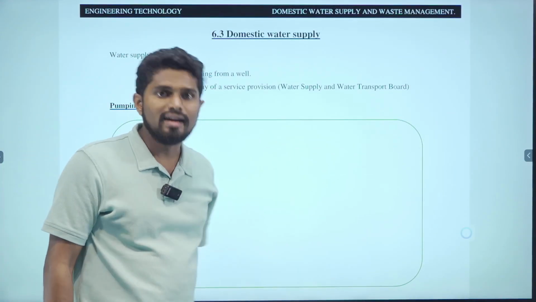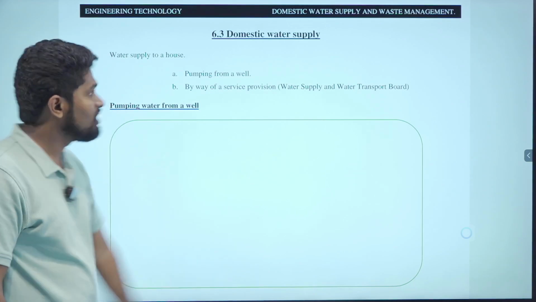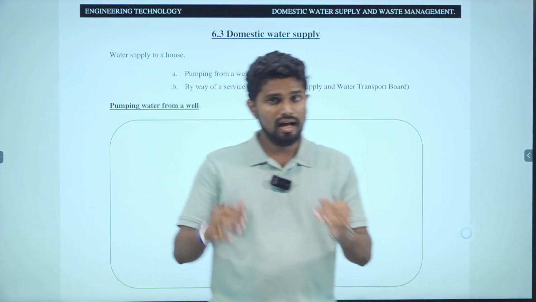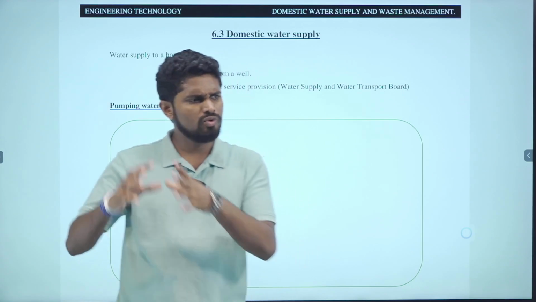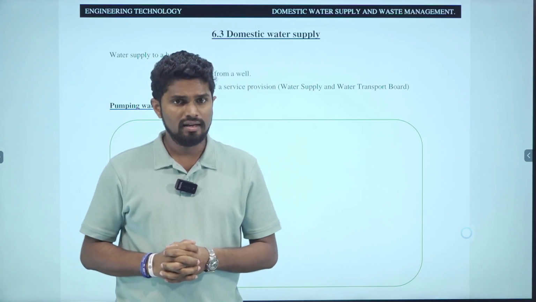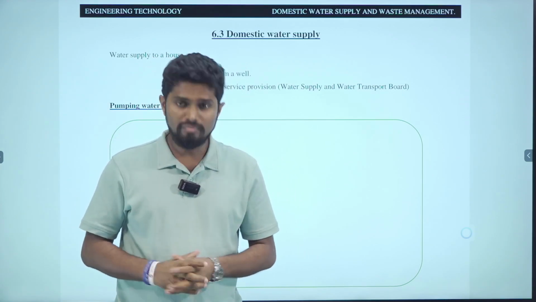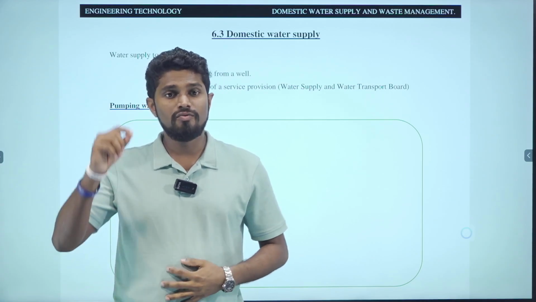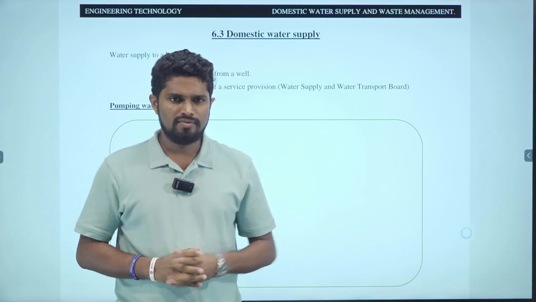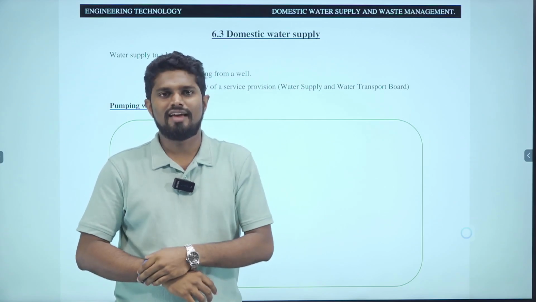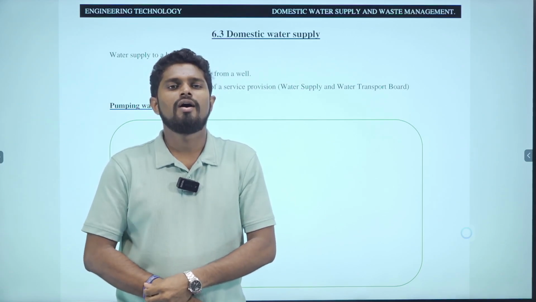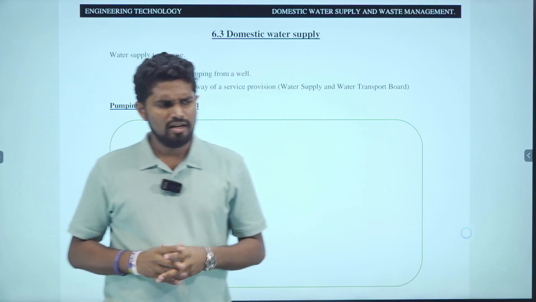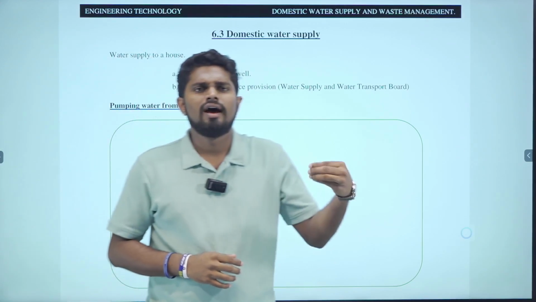The lesson content is about domestic water supply. We can store the water in a water tank. There are two methods to collect the water. The first method is using a well, where we can pump. If you go to the villages, in most villages and domestic applications we collect the water from a well, no? And if you go to